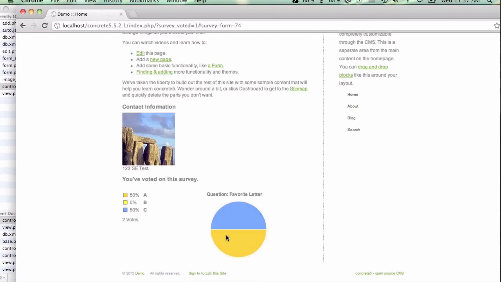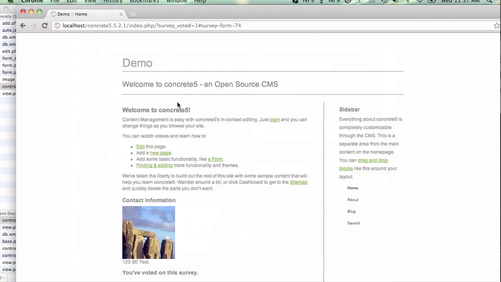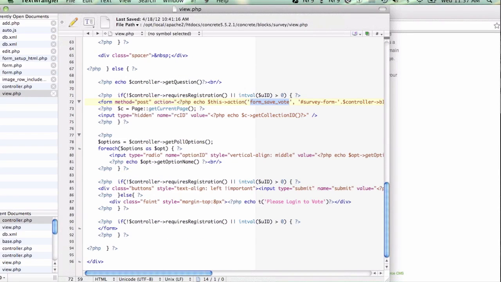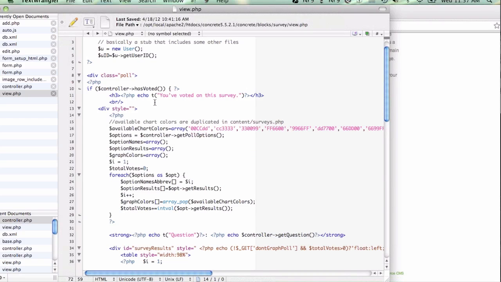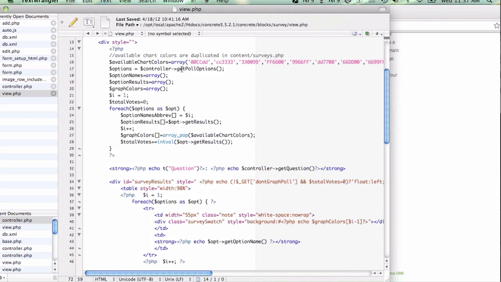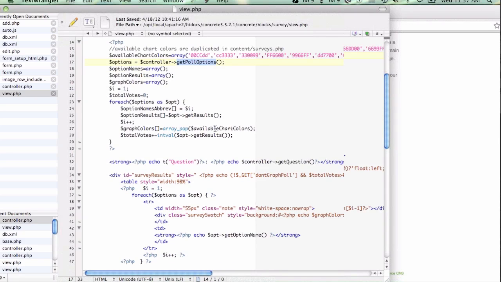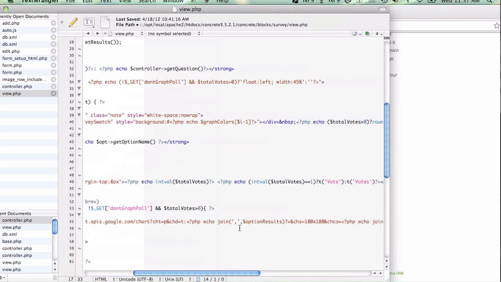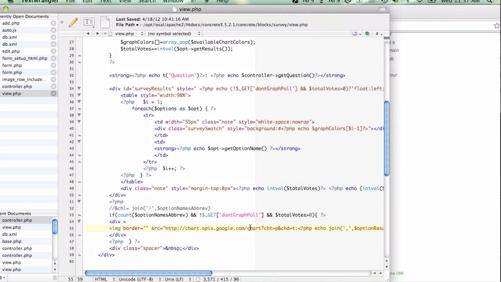Now my has voted returns true because I have this cookie. And then we run some special stuff. We actually use the Google Charts API for this. So this is more implementation details. But we run that get poll options function, and we send that data off to Google Charts in the format that they require. Again, though, this is all just methods that you can define in a very custom way in your block controller. Once you get into blocks that are interactive like this, we really try and stay out of your way and let you